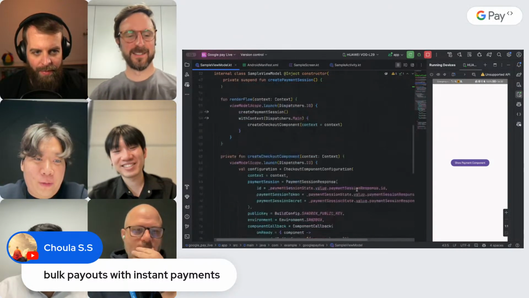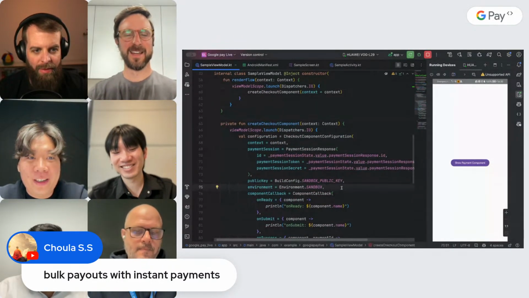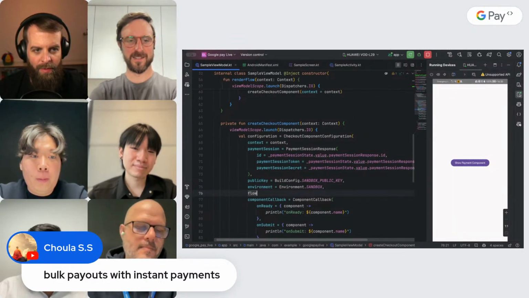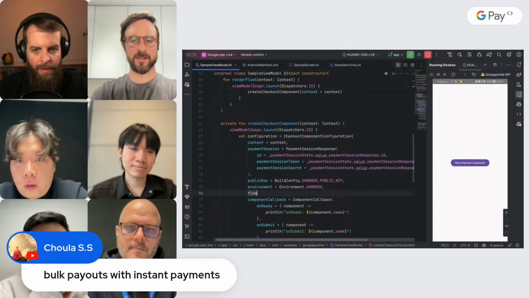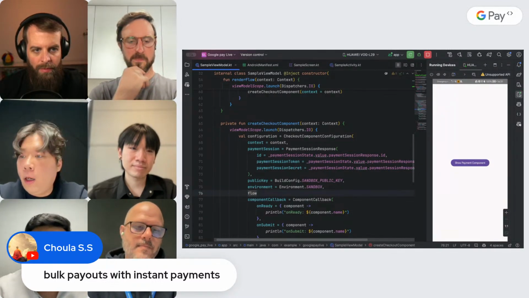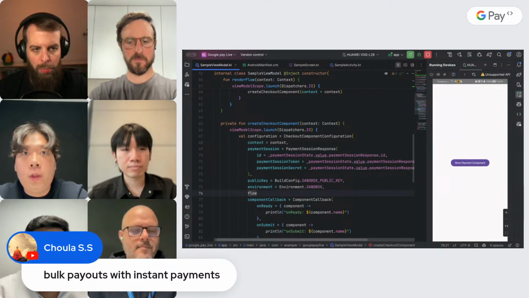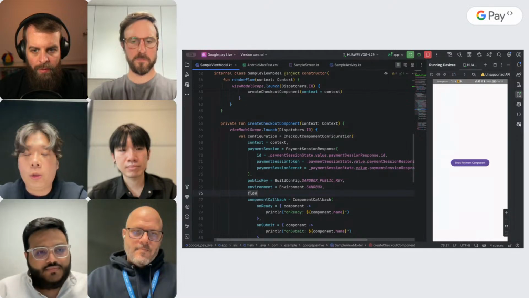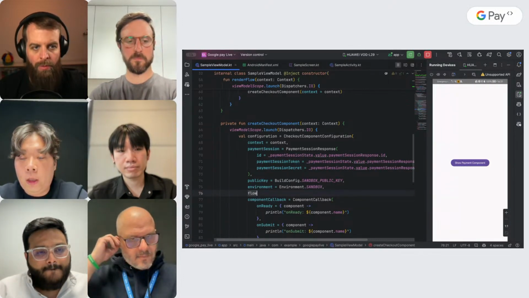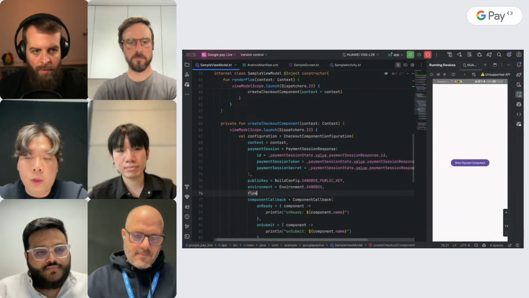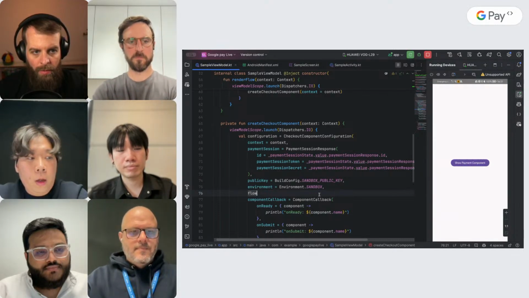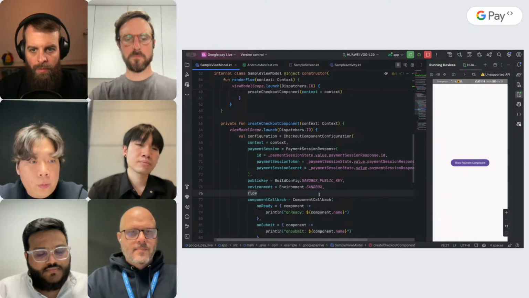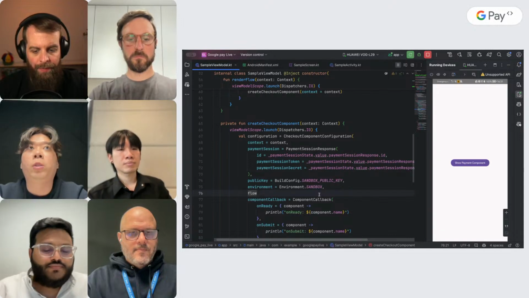Maybe. I think I can answer the first two words quickly. I'm not sure exactly what instant payments here is referring to. But in terms of bulk payouts, the demo we're doing is mostly pay-in, meaning client, customer initiated transactions. But payouts, merchant initiated transactions, are also available with Flow. We intend to build native functionality for merchants to do payouts in our roadmap. But starting right now, they can already achieve that with Flow, while what we're demonstrating is end-to-end payment processing